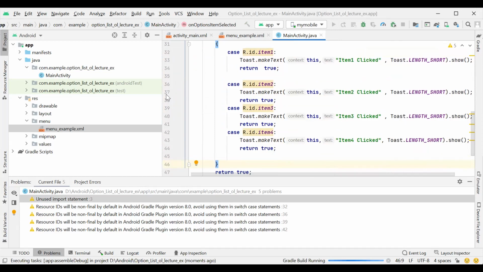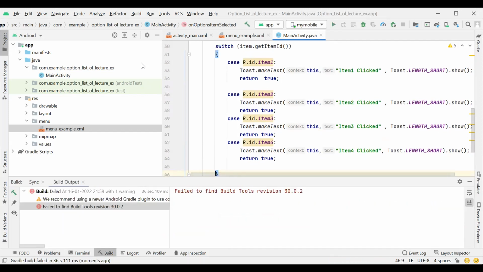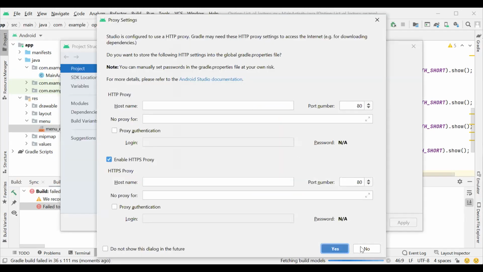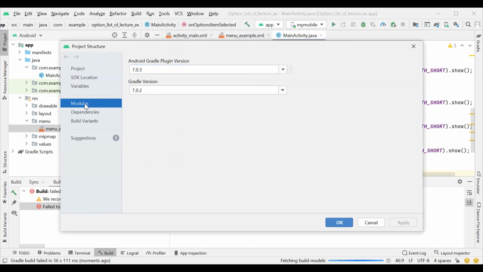So here it runs. It takes some time. It gives one error, so we change the module.